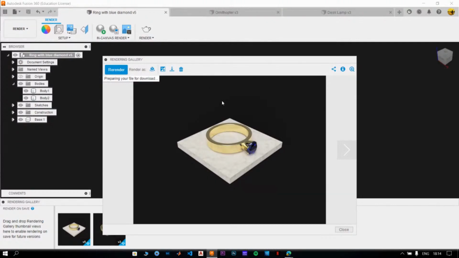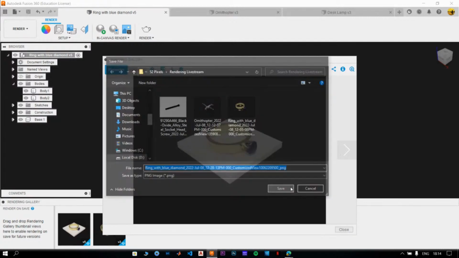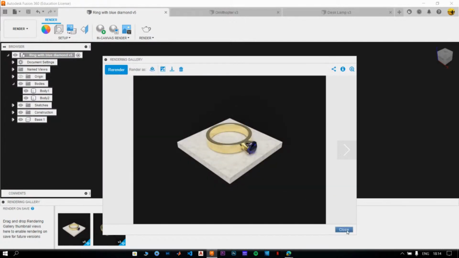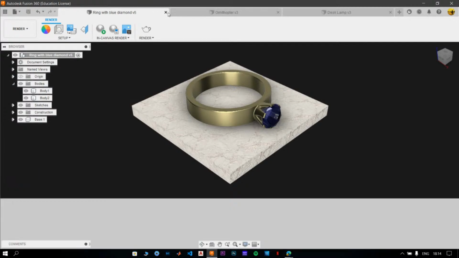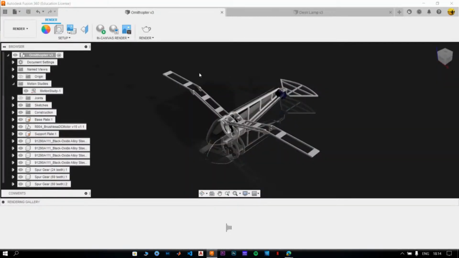So download it as a PNG file and save it in the folder. All right, so this is done. Once you're done with this, you can close the design so that you just have the ornithopter and the desk